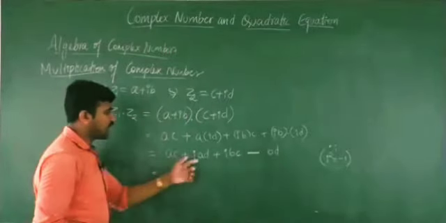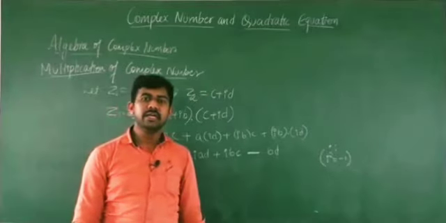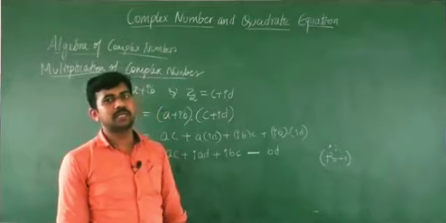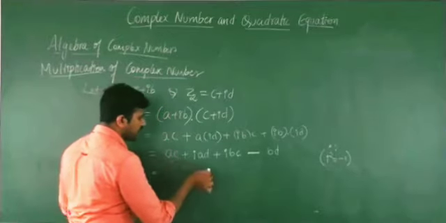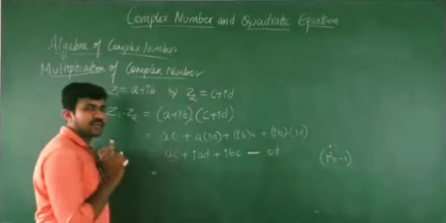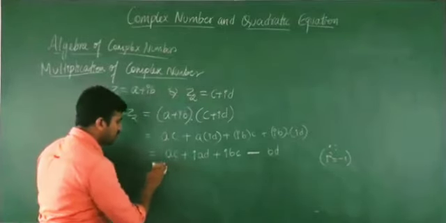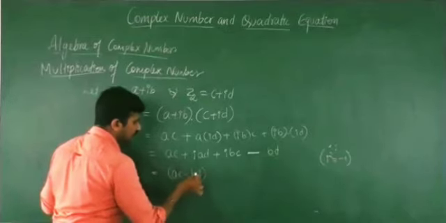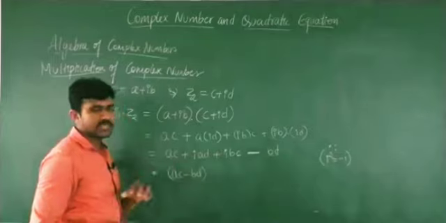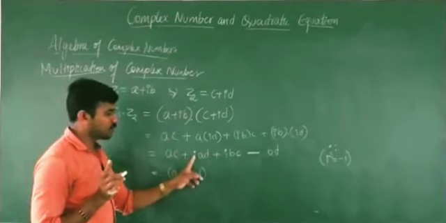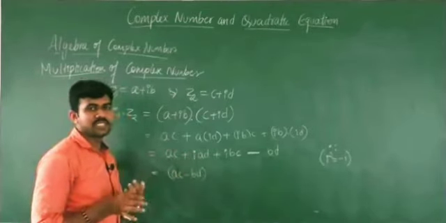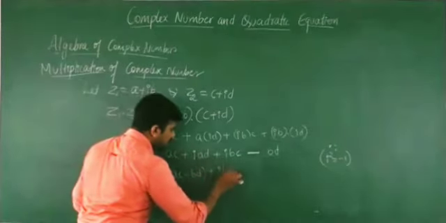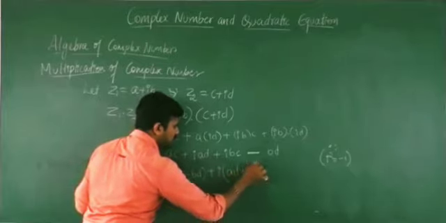Now, see, here you have four terms. In these four terms, you can observe the real parts and imaginary parts. So, which are the real parts? We have ac and bd, because they are not the coefficient of i. So, ac minus bd, okay, I write together, and from the other two terms, that is the imaginary parts of the complex number, because they are the coefficients of i. Okay, so there i is common, you can take, what will get? ad plus bc.